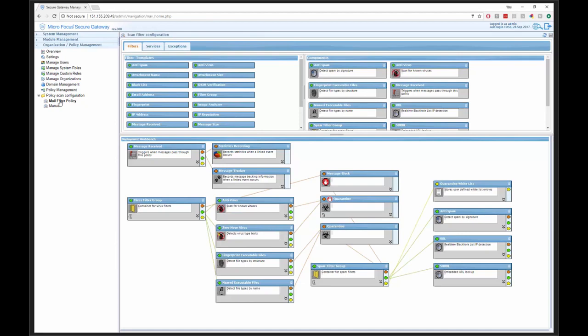You can see it's different than, if you're familiar with GWAVA 6, it's very different than what you're used to there, but it's much more powerful in the customization that you can do. You can have certain exceptions that apply to multiple different filters or new custom filters and services. But as we pointed out here, so antivirus and anti-spam, by using a default policy or the wizard policy, you